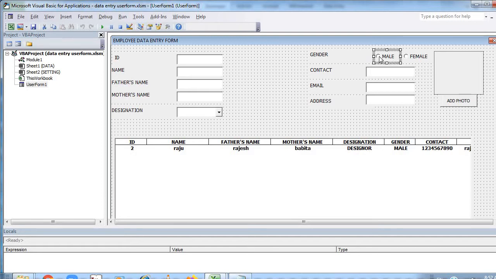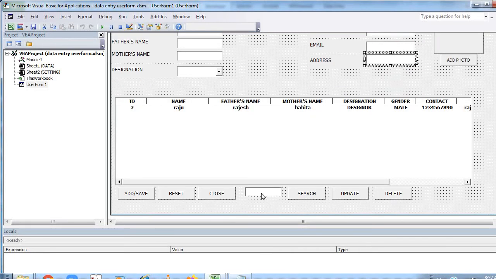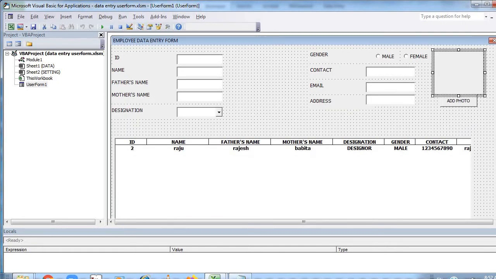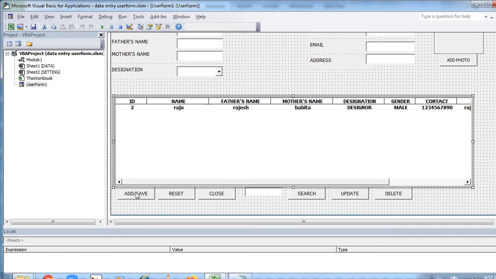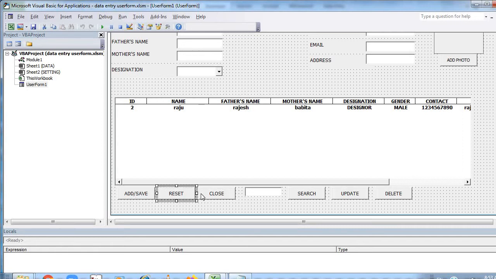Then we have option button 1 and option button 2 for gender. Then text boxes 5, 6, 7 and 8, the image icon, the list box, and 7 command buttons.